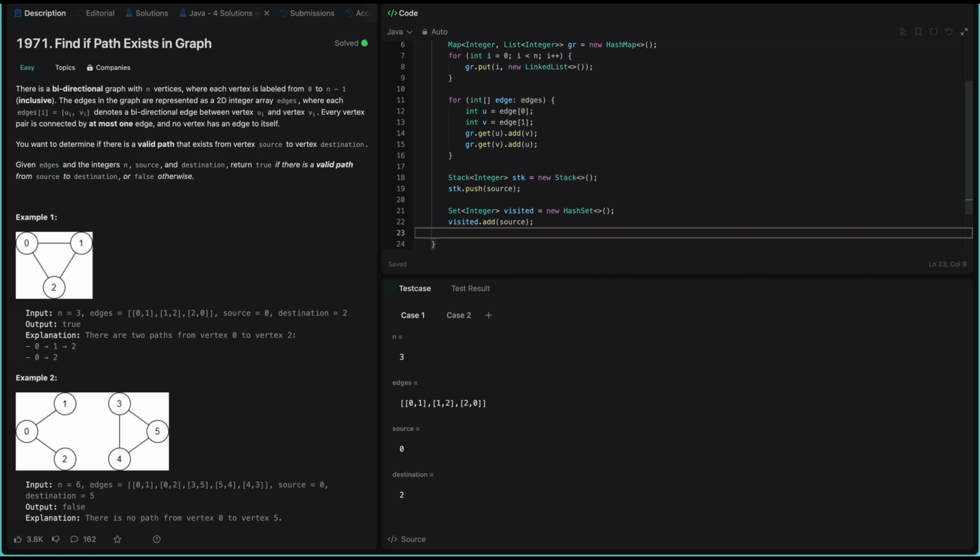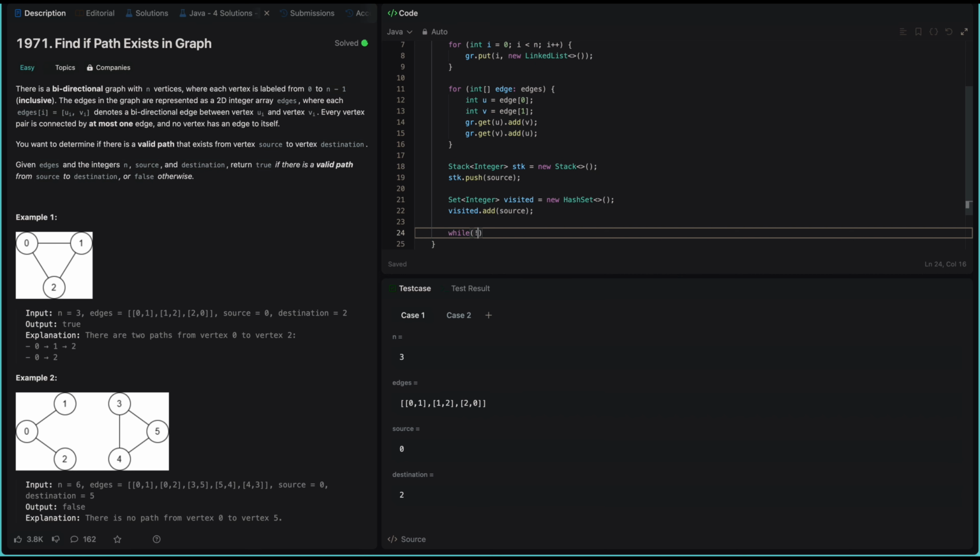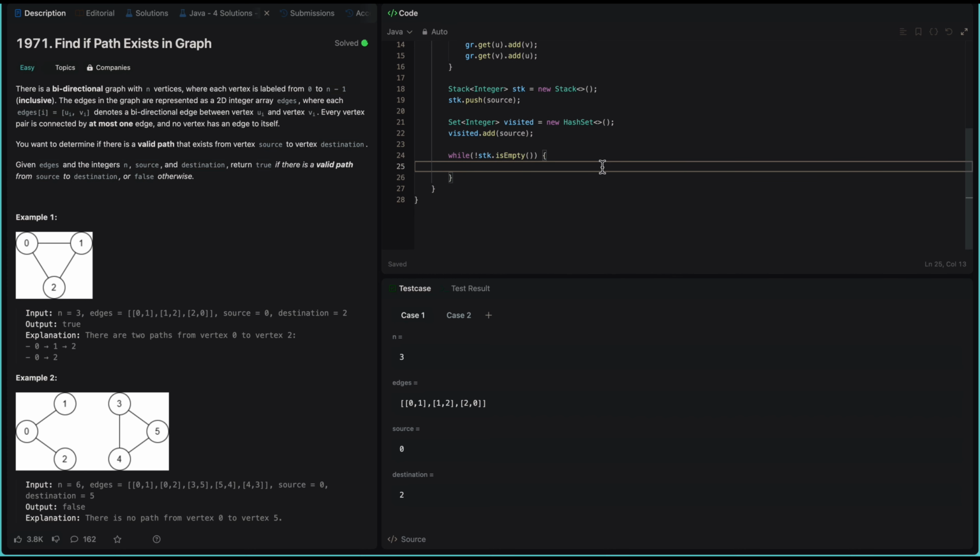Now while the stack is not empty, we will just continue this operation. So first thing we will do is get the current element from the stack, right? Dot pop, and start looping onto the neighbors of the current element. So we will just say for each neighbor of graph.get(current),